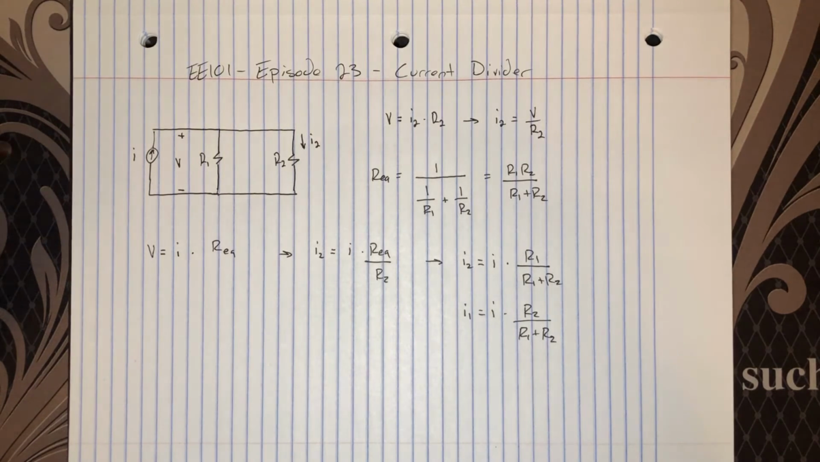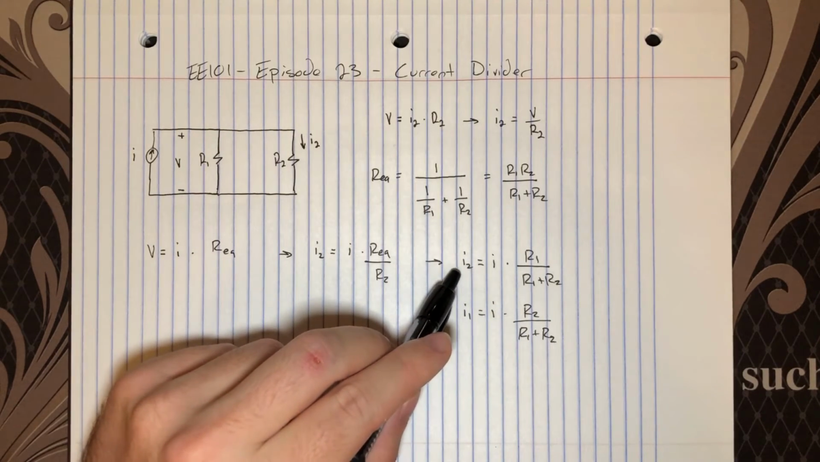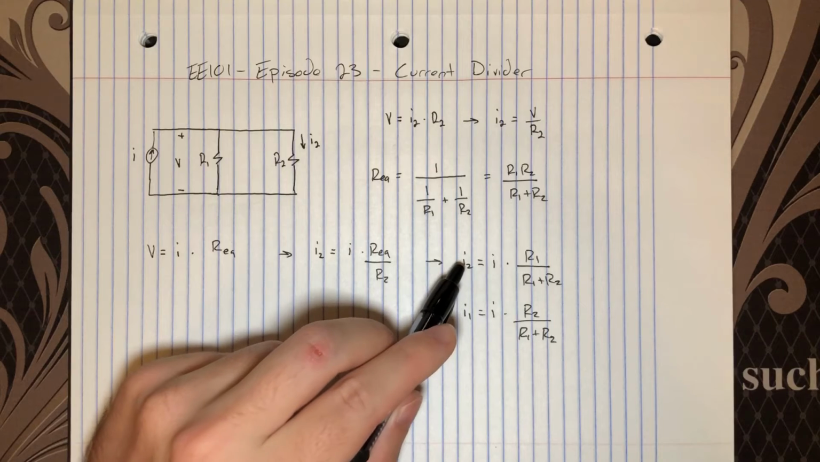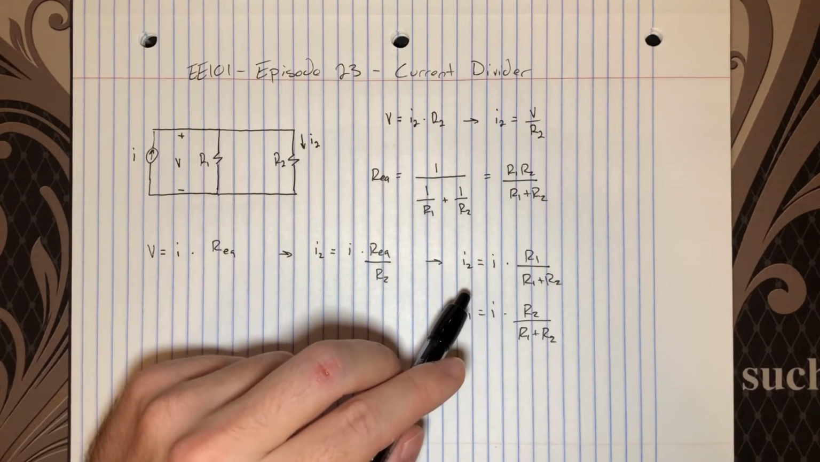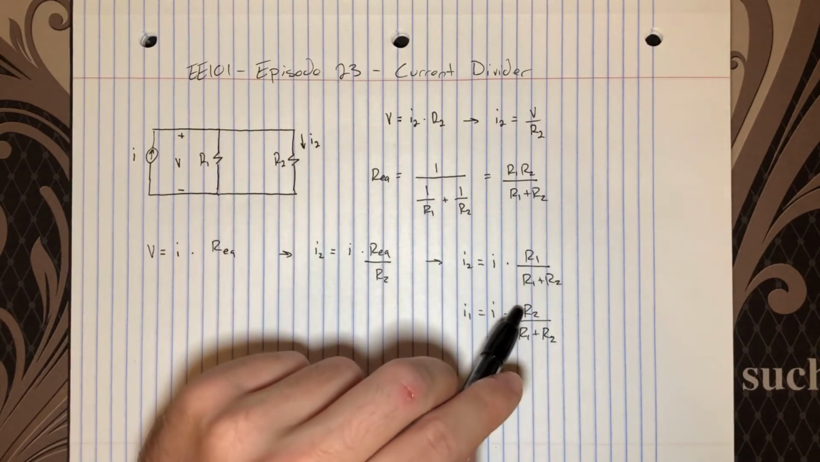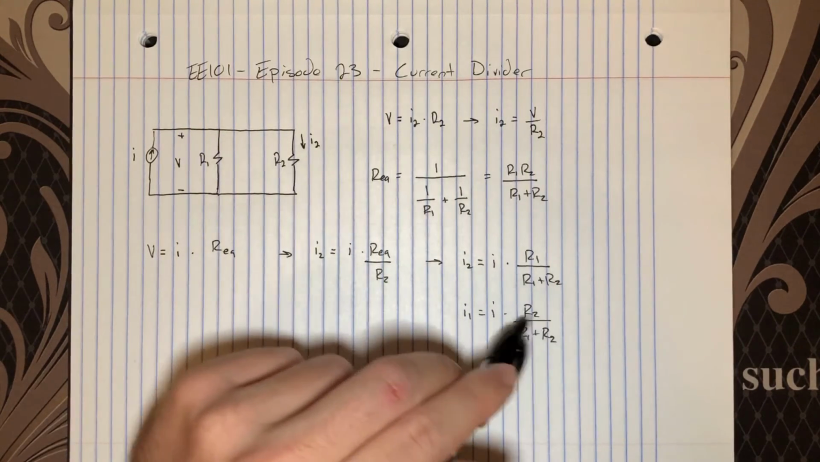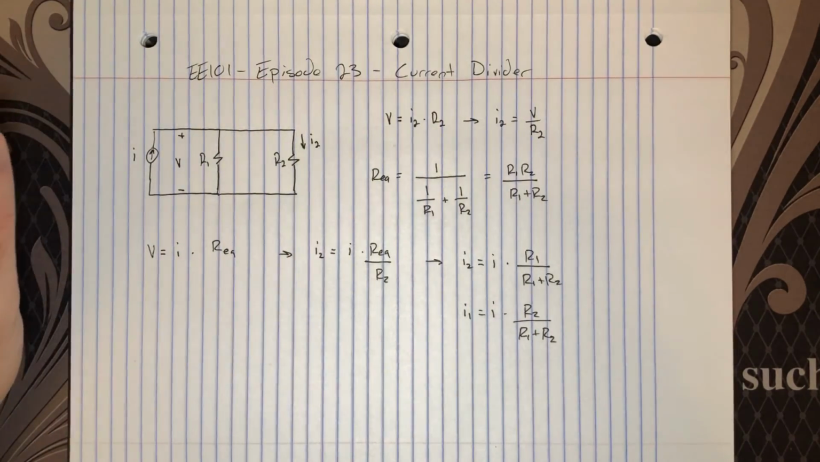But anyway, by the way, I did this in the last video, so I won't do it here, but you should verify that the sum I2 plus I1 actually gives you I, or rather that these ratios, R1 over R1 plus R2 and R2 over R1 plus R2, add up to 1. And I think you can do that fairly easily. So I think now I'm going to leave the video here,